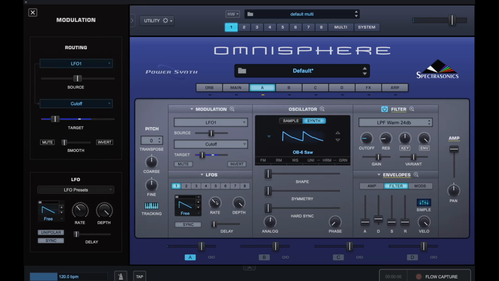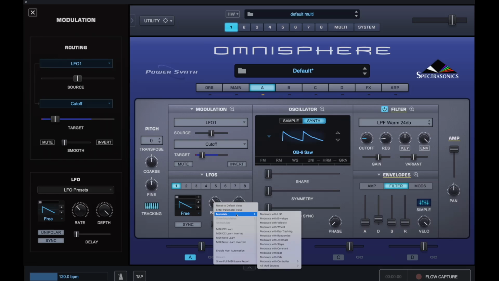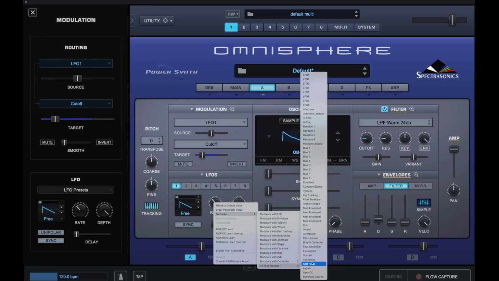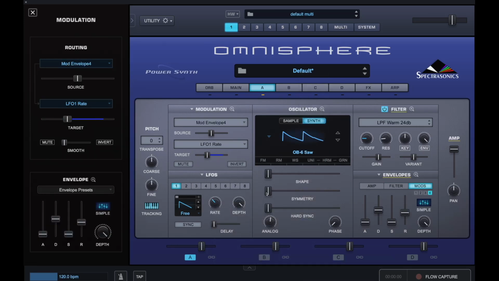So that's perfect for the start of a stutter effect. Now this is where the secret sauce lies, and this is in modulating the rate. So what I'm going to do is assign, if I right click on this and say modulate, and I want to modulate all mod sources, mod envelope 4. Now what's going to happen is I'm going to use mod envelope 4 to modulate the rate, which will in